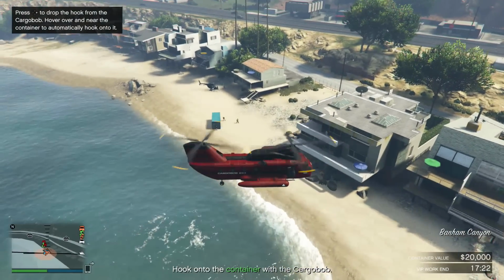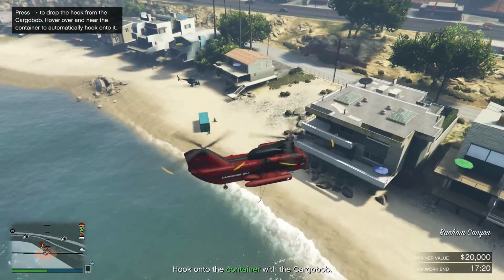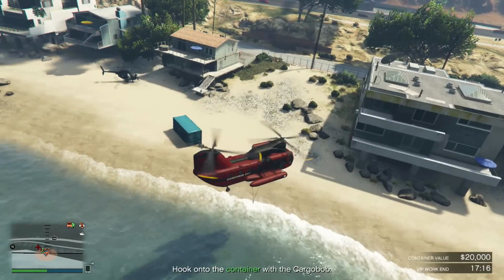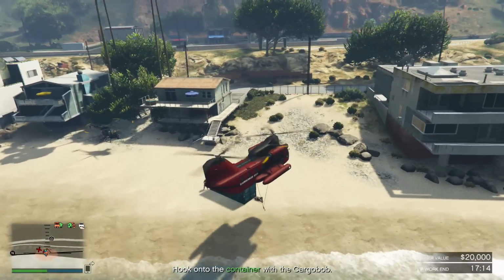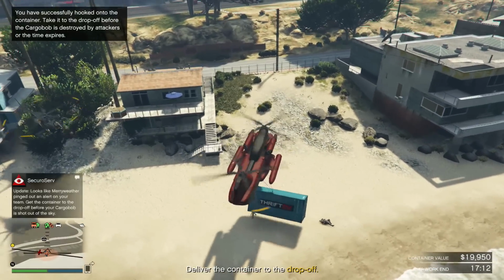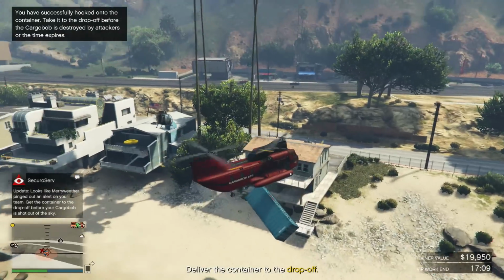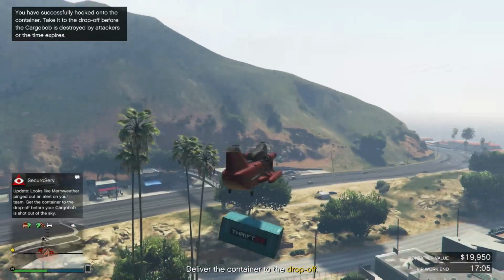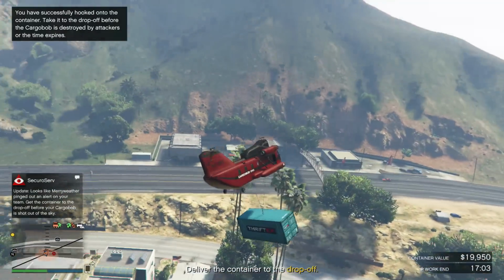There's a couple of ways you can do this. If you're doing it solo, you can just land the chopper nearby, run over to where the crate is, kill off all the enemies, blow up the chopper if you need to, and then get back into your Cargobob and then pick up the crate. Or what we did in this gameplay, I had a teammate shooting out the side of the Cargobob, picking off the enemies and picking off the Buzzard as I flew over to the crate